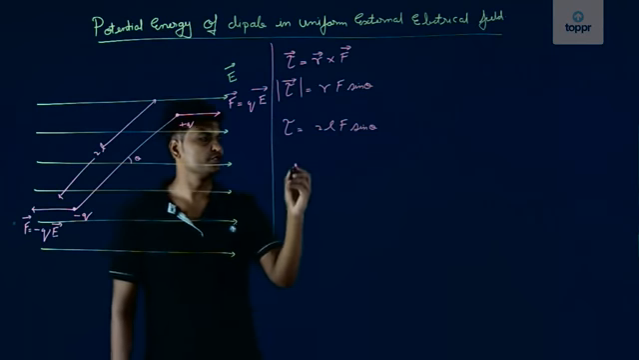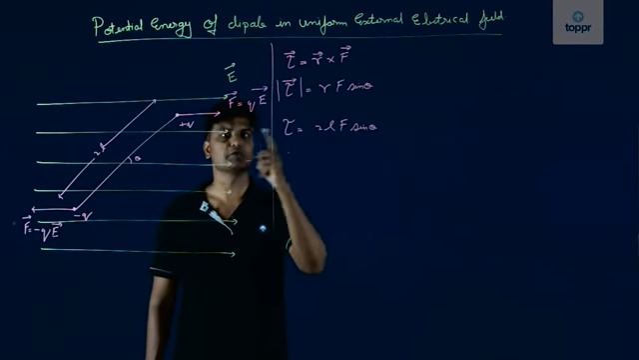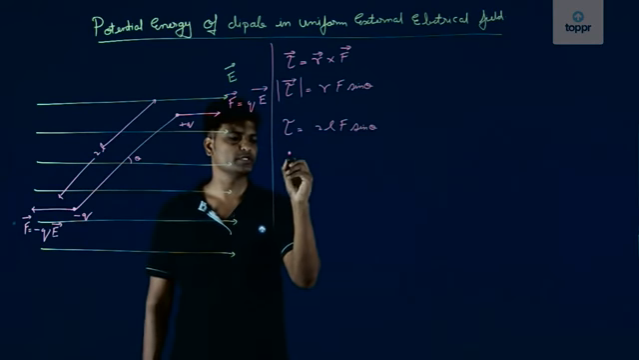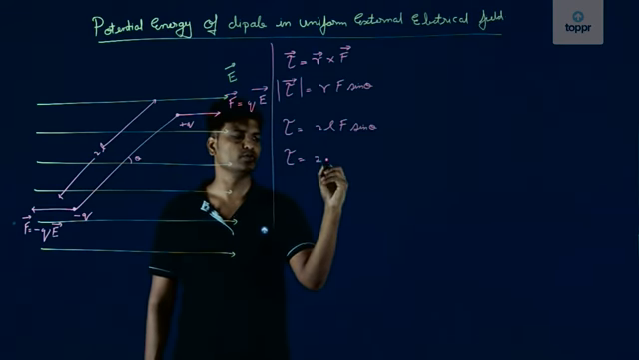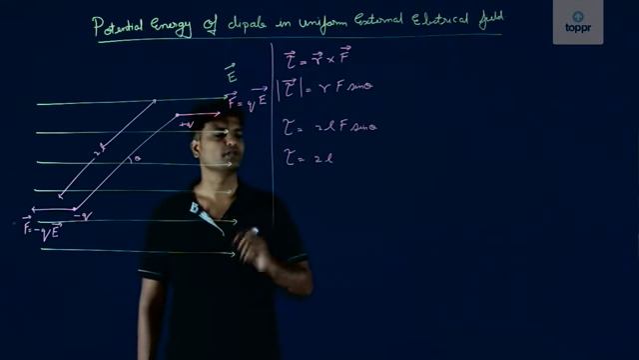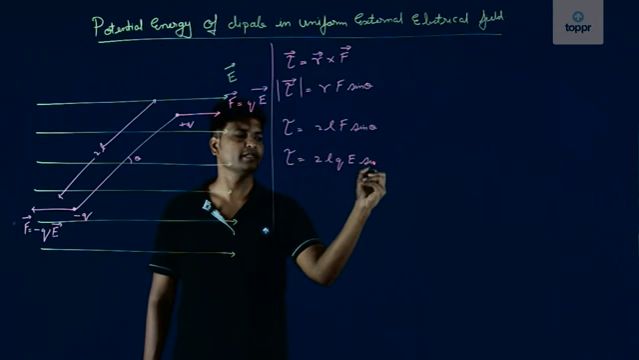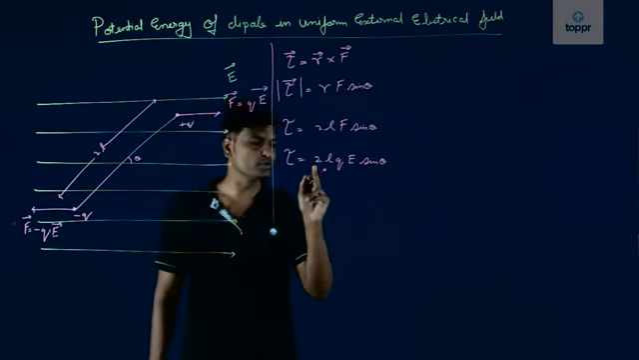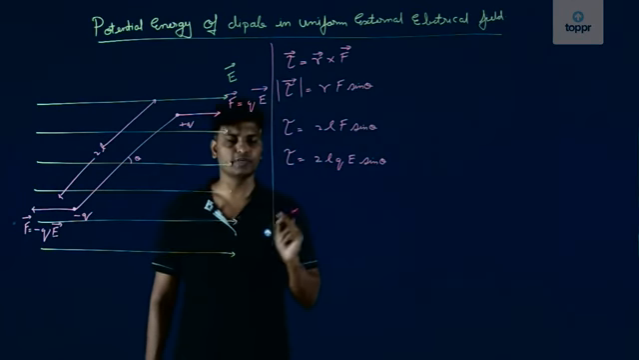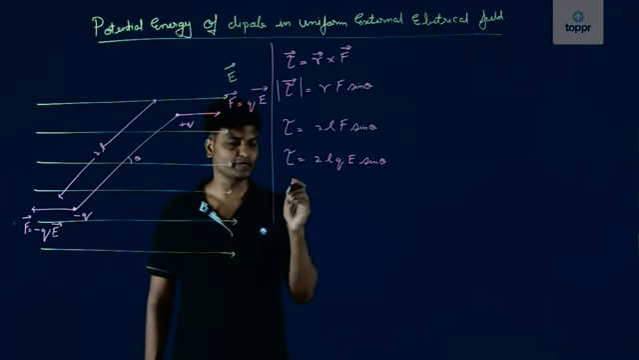Okay, so F, what is F? F is equal to what? Q into E. So what is tau? Tau is equal to 2L into Q into E sine theta. What is Q? 2L into Q, it is nothing but what? Electric dipole moment. So tau is equal to P